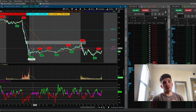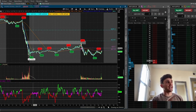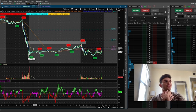In today's video, I'm breaking down the two trades that I took. The first one on IWM for 44% on puts, and the second one on QQQ. Now, I didn't trade options on QQQ. I just traded SQQQ, which is the ETF. Costs less, and you can make a decent amount on it as well. So, with that being said, we're going to break down exactly what I was thinking with both of these trades